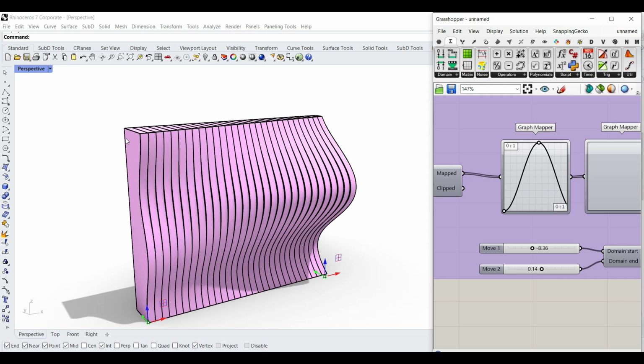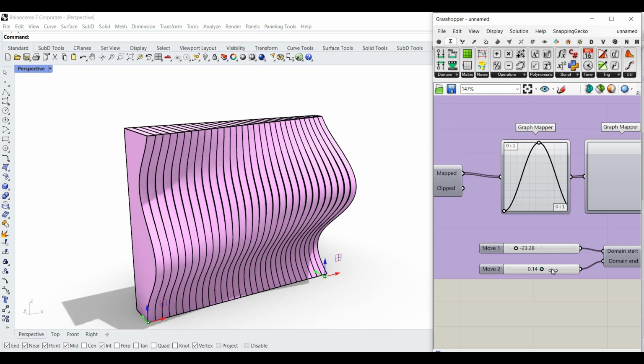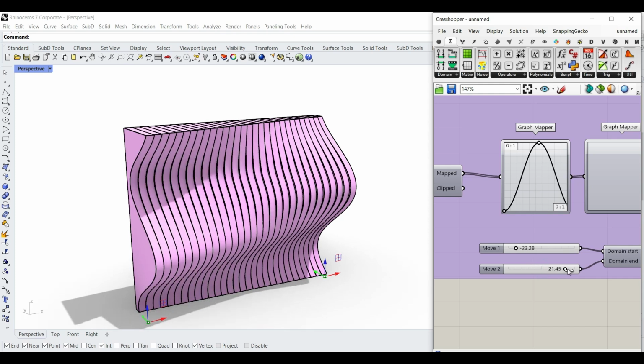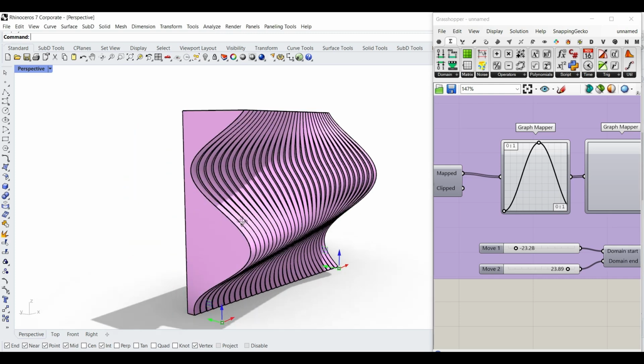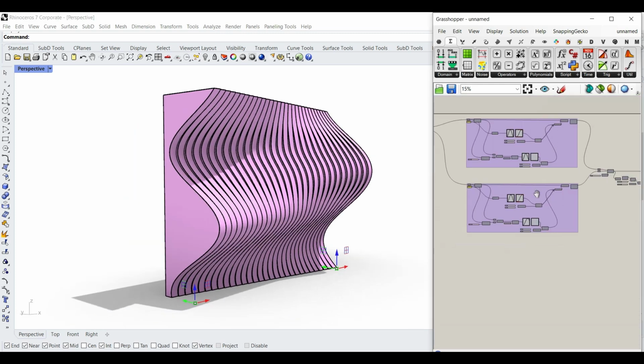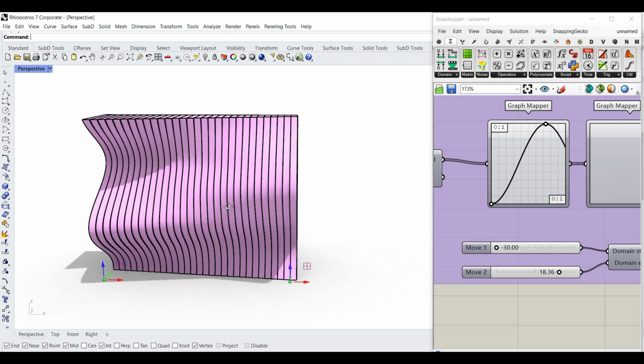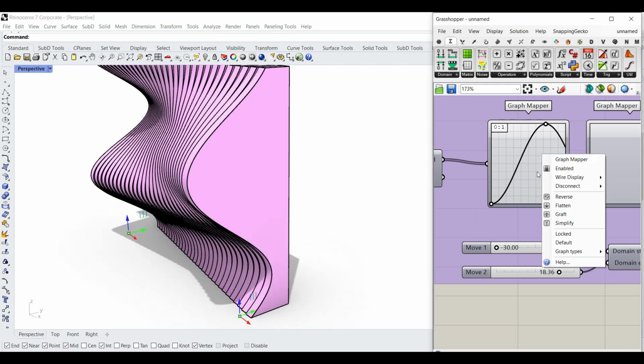So this is going to be the first curve, and we're going to use a separate graph mapper for the second curve. So I'm going to change here the minimum and maximum movement for the first curve, and I'll also have another one for the second curve. So for example, I can use maybe a parabola,